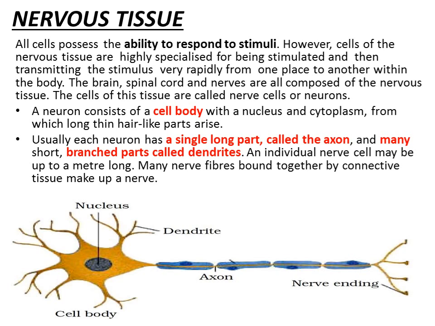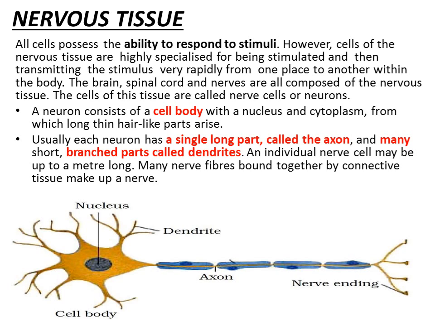One of the projections is highly elongated, and that highly elongated cylindrical projection is called the axon. This axon shows fine branching at the terminal end. These branches end with a swollen structure called the synaptic knob. These axons carry impulses away from the cell body to the other neuron. The synaptic knob of the axon connects with the dendrites of another neuron.